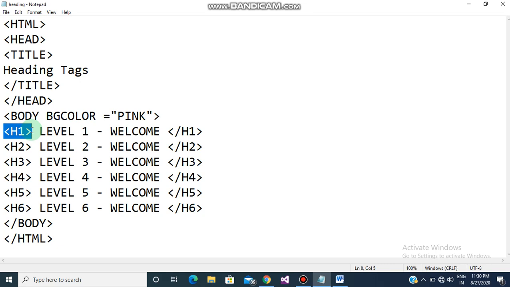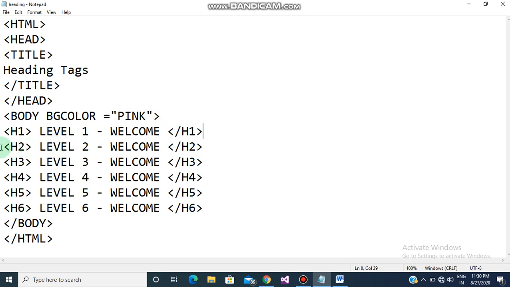Okay, it is the first level. So in the text I have written level 1, then I have written welcome, and then I have closed the H1 tag. See children, I have closed it, which means it is a container tag. Because if I do not close it, then the other text which I have written will follow the same pattern, so I need to close it. So I have closed it.